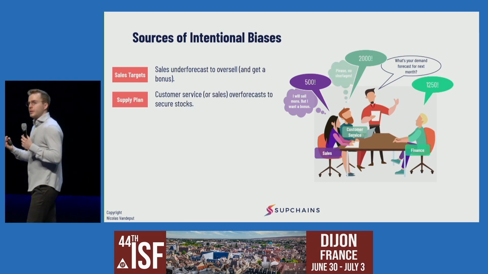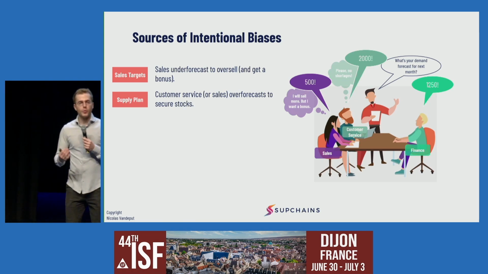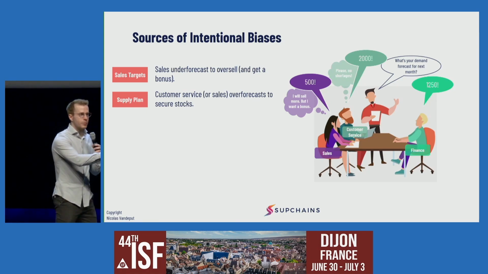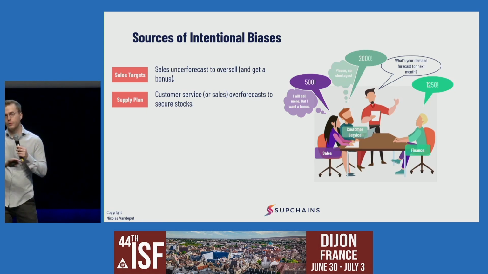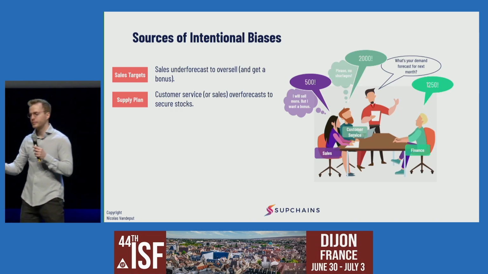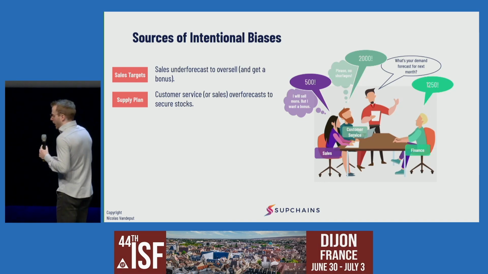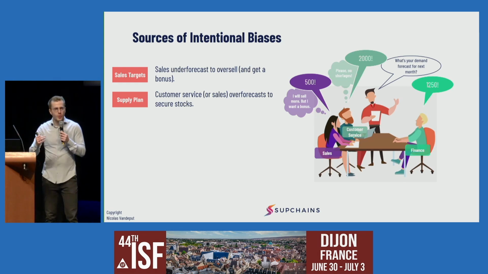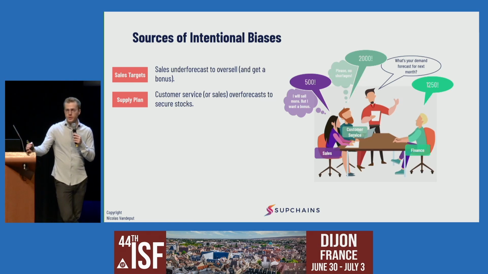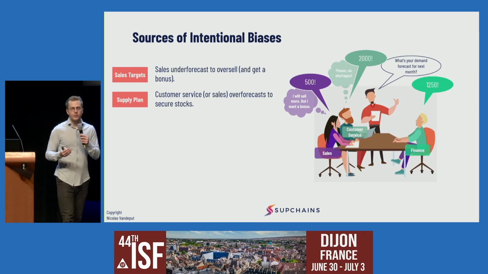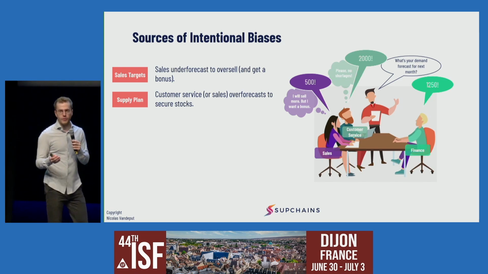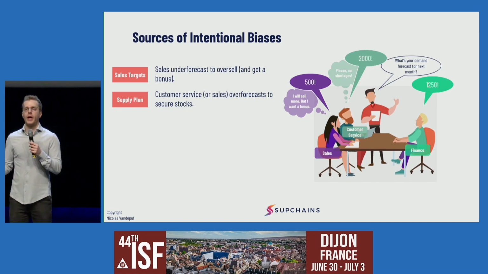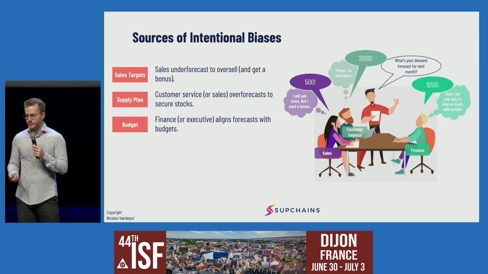We have a lot of teams confusing the forecast and the supply plan. Remember when I started this discussion, I told you it's very, very important that we make a difference between demand forecast, which is just about providing information, and supply planning, which is about making a decision. Now, if we confuse the two, and you want to be on the safe side, you're going to inflate the forecast. And in some companies, the supply planning capabilities are close to zero, and basically they confuse the demand forecast and the supply plan. So if we want to be on the safe side, if we want to have safety stock, that's easy. We just increase the forecast. But they don't have a supply plan per se.